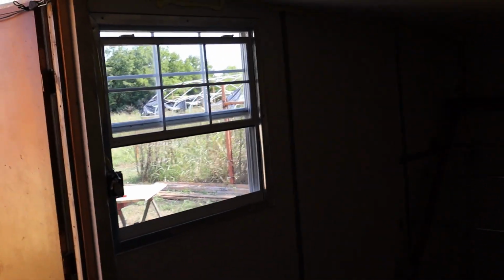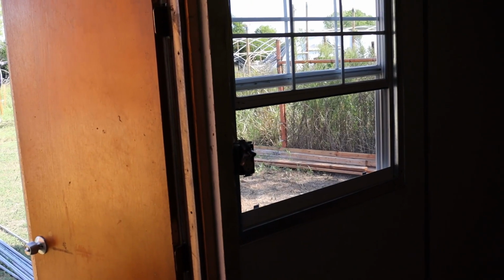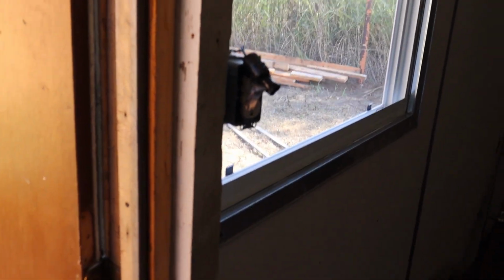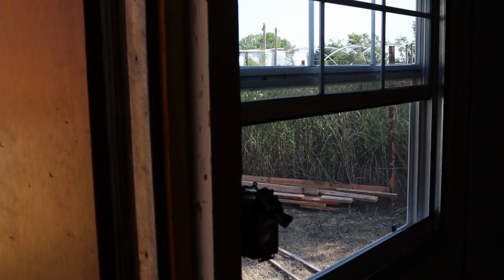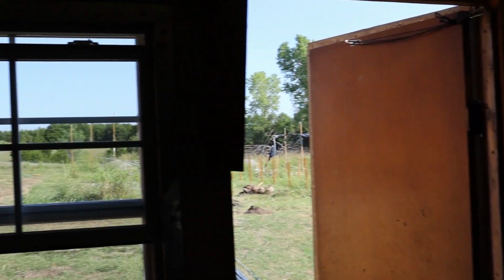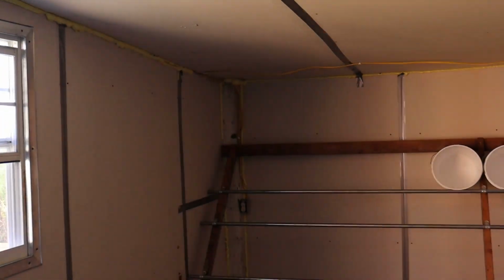Okay, so I got the other window trimmed. I don't know, I guess you can kind of see it. But I also cleaned the windows. I got all the stickers and everything off the windows. And then, where did I put them? I found these